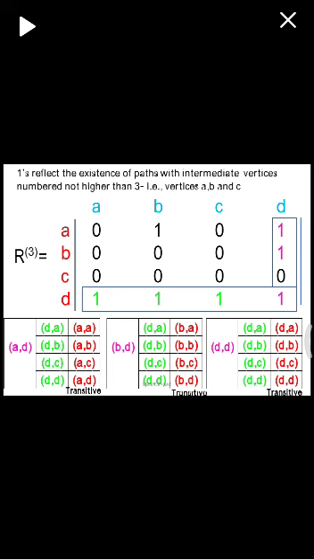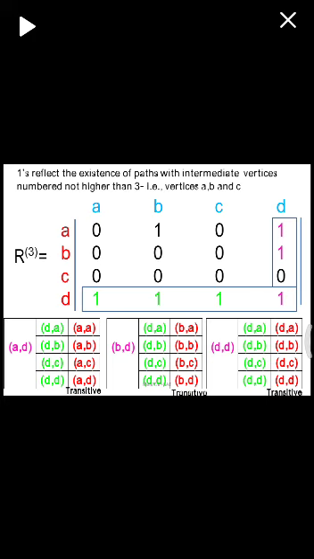So I will get BA, BB, BC and BD as the new transitive edges. Similarly, we need to combine the last 1 in the fourth column, that is D comma D, with all 4 values of the fourth row. I will get the new transitive edges DA, DB, DC and DD. That I have represented in the third table written here below R power 3.